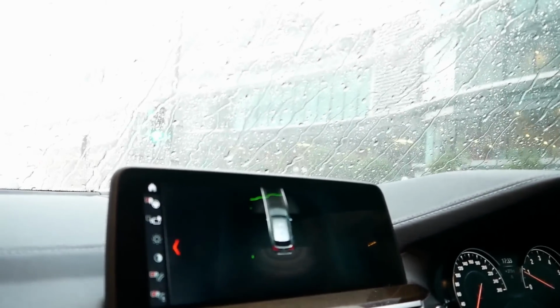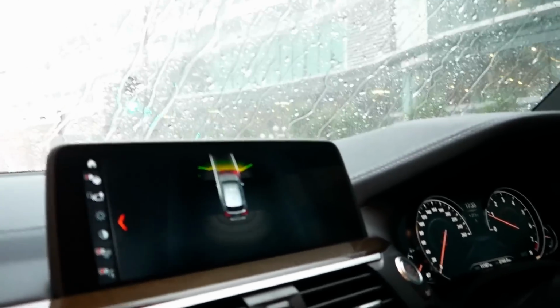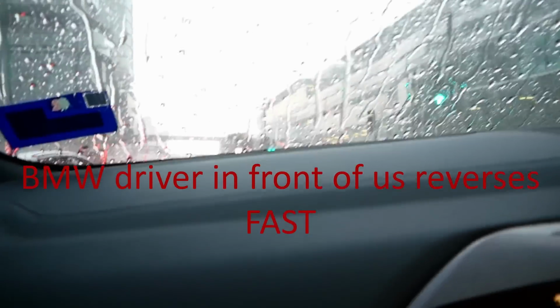Oh, let's switch it on again. Let's see. Okay. Oh, wow, wow. Holy shit. BMW drivers. Oh. I wasn't out of that. You know what went through my head? How to explain this to BMW. So this other BMW driver